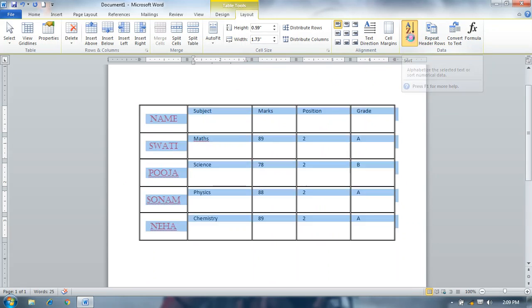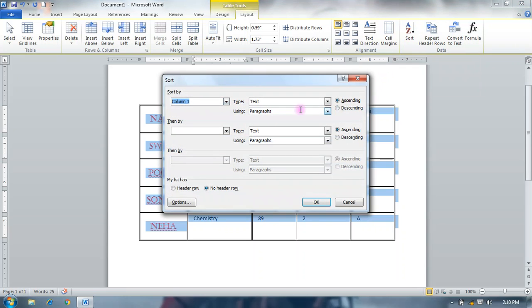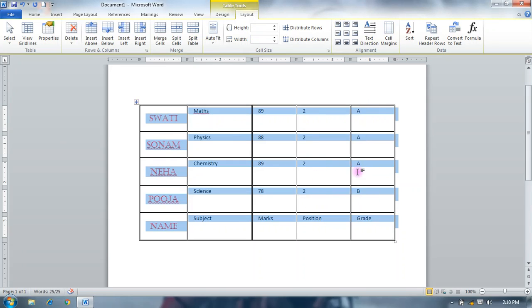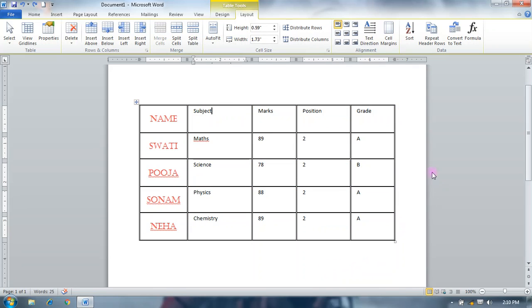Sorting, you can sort your text data in ascending or descending order. Okay, column 1 2 3 4 5 you select and okay, so maybe it's ascending or descending, so it changes your position and again click on Ctrl Z and take the reset condition.